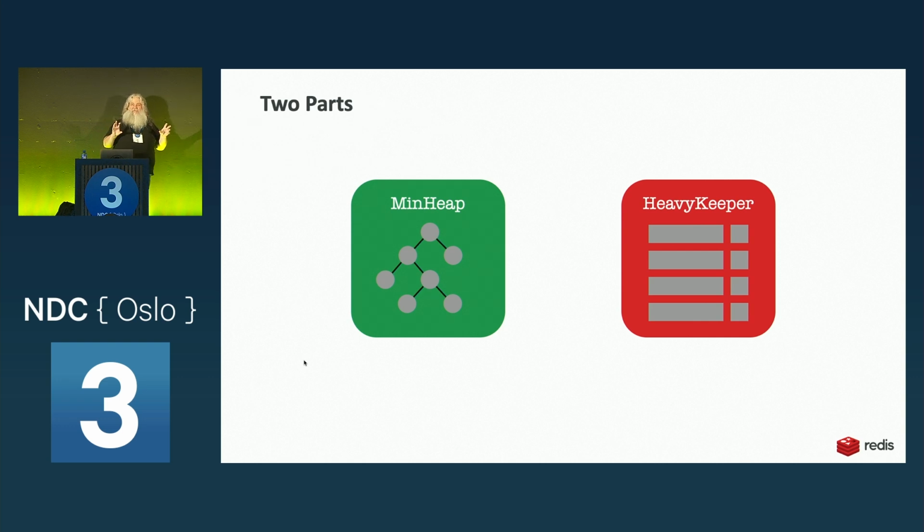Or I want to get trending topics. And the cool thing with Heavy Keeper is that it's erosive. So as I add things to Heavy Keeper, it hangs on to them. And I keep adding things. But occasionally adding something will create a conflict inside of the Heavy Keeper structure that results in the counts being dropped for values that are in there.